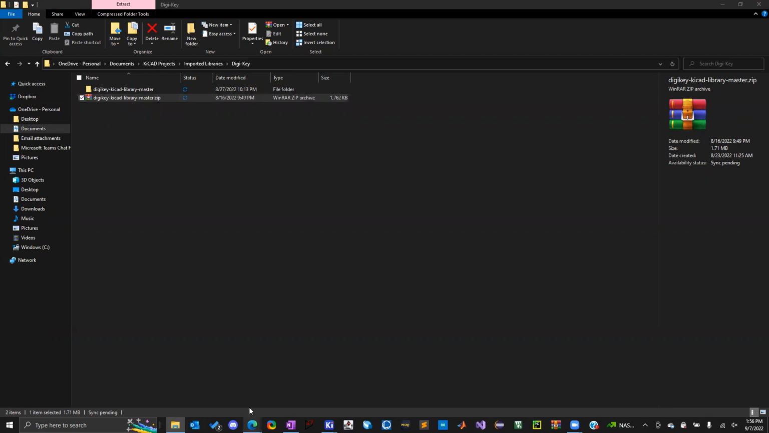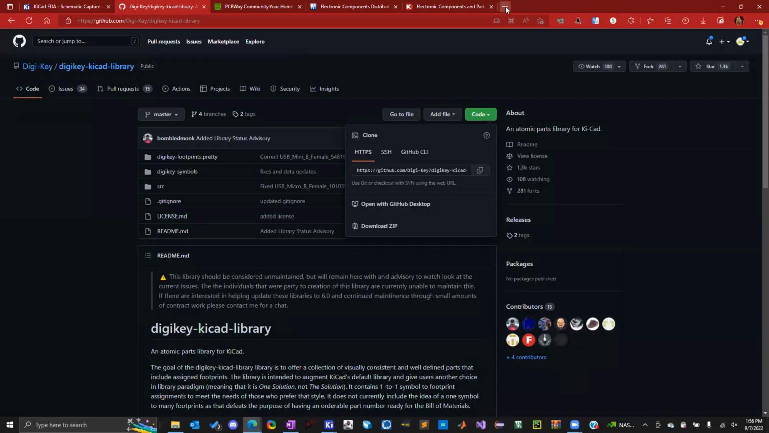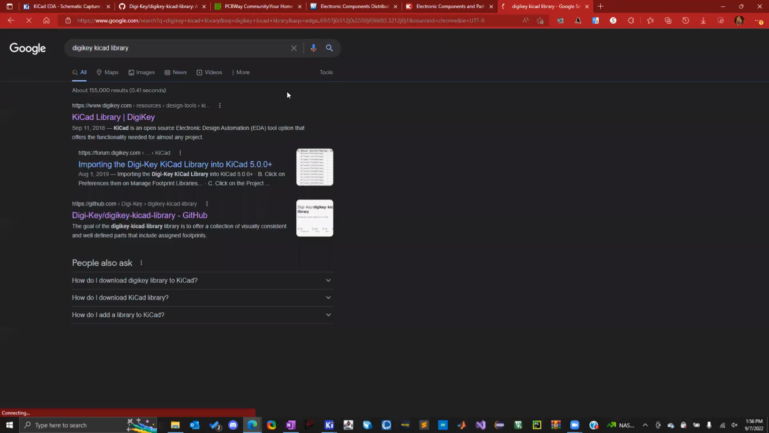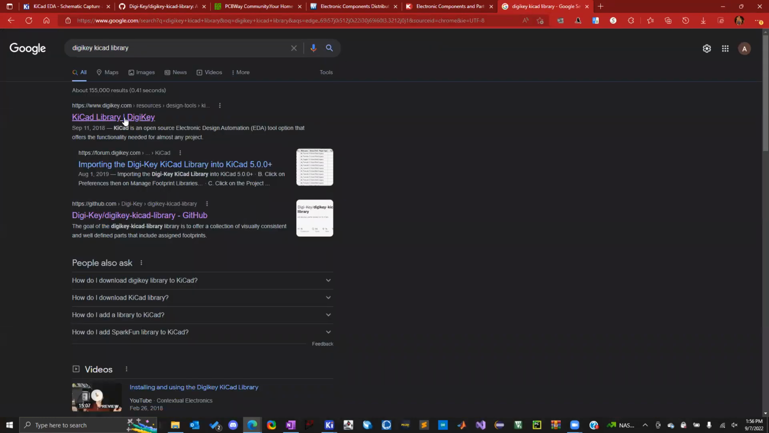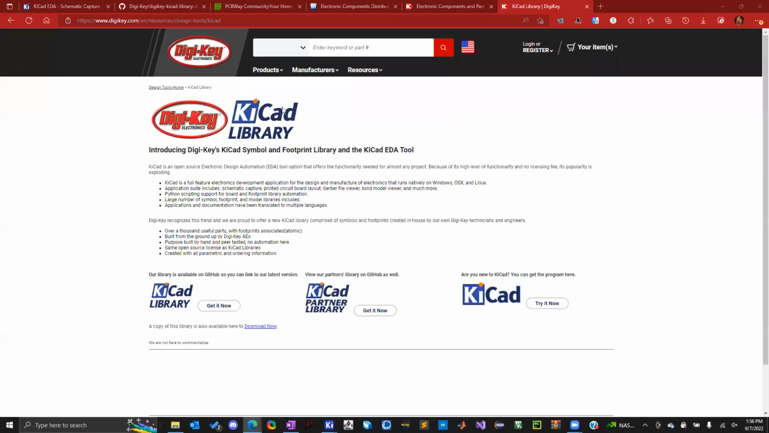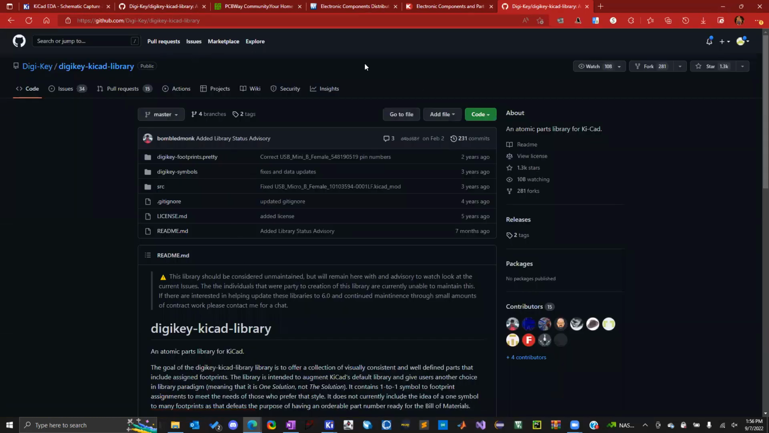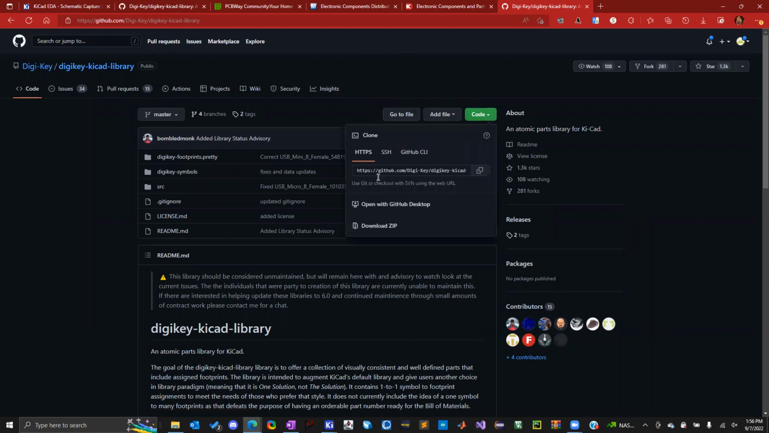If you actually just Google DigiKey KiCad library, it should pop up. It's right here, KiCad library DigiKey. That'll take you to the DigiKey website, and then it'll say our library is available on GitHub. And click Get It Now, and this should take you straight to the GitHub website here, and then code downloads it. And so this is a common process you want to go through because you don't want to manually make